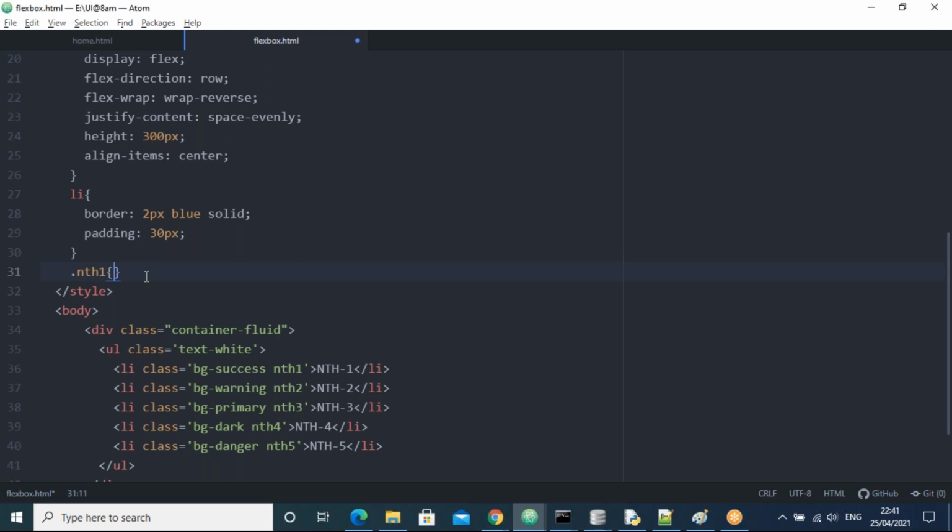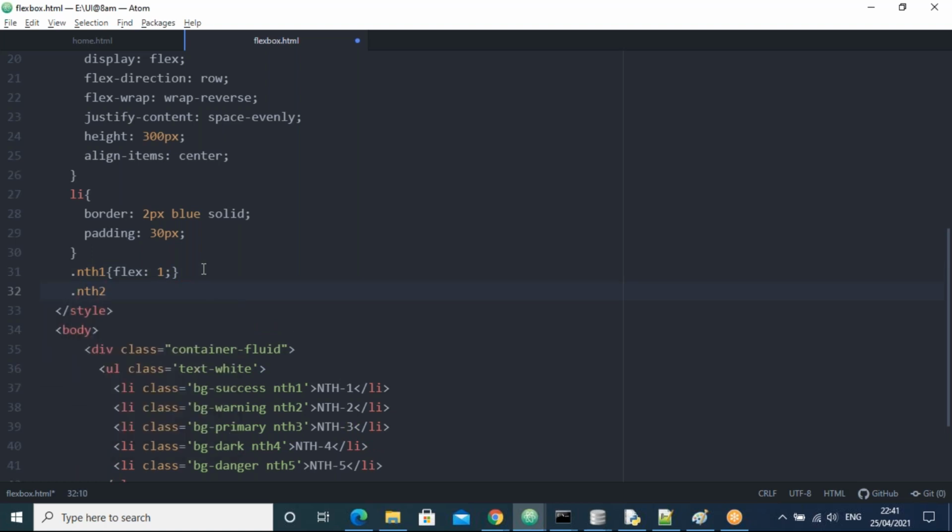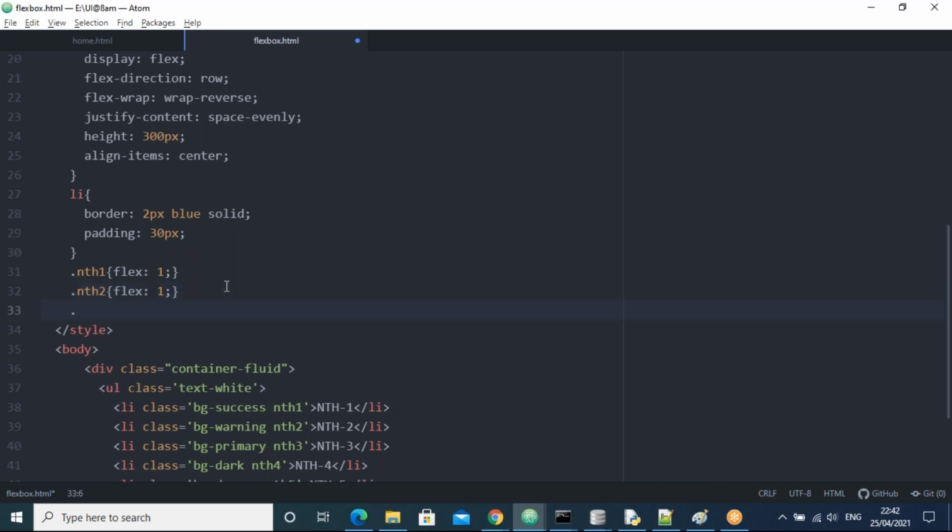I am taking just one style here, called flex. I'm giving flex 1. For nth2, I'll take flex 1, because all are equal size, right? For nth3, flex 1.